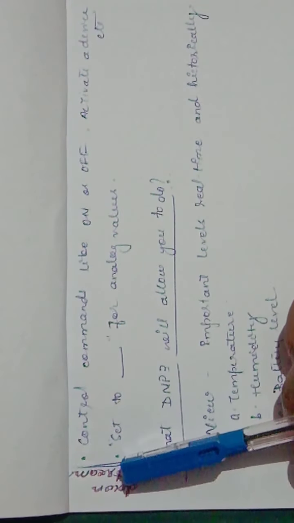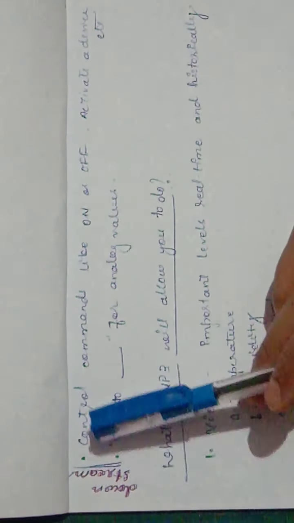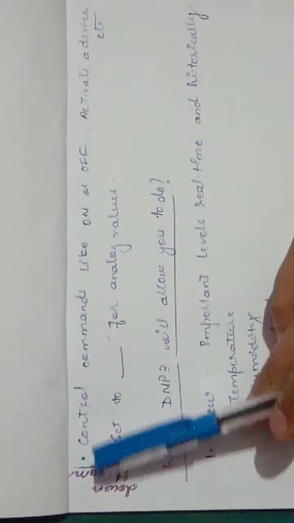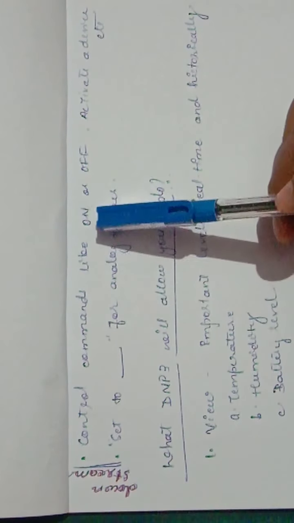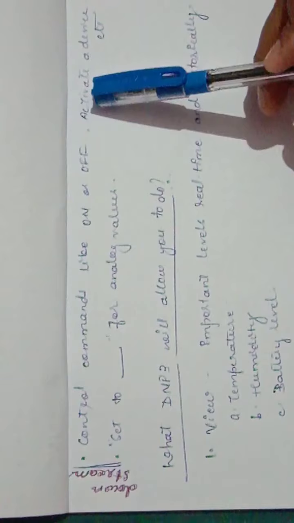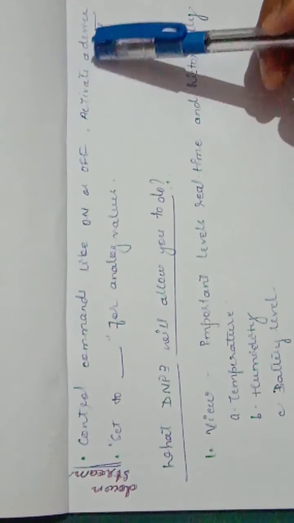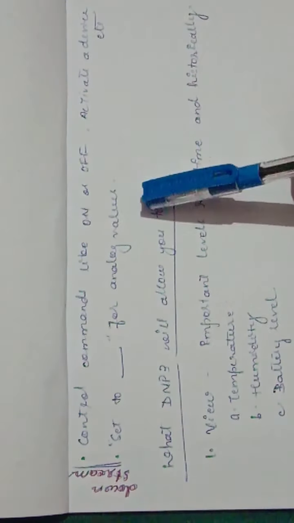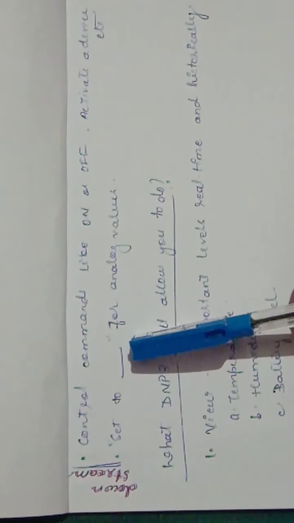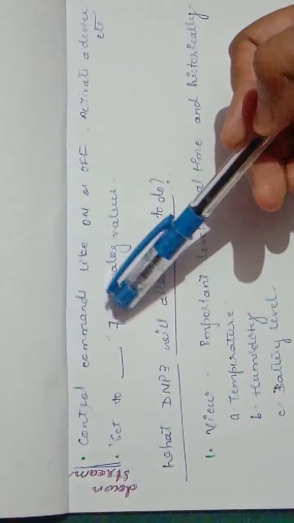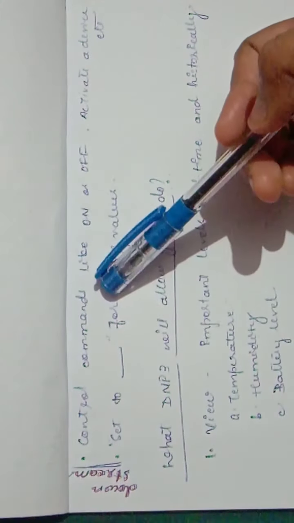Next is the downstream data. That is what comes from the master to the outstations. So you can have control commands like turning a particular sensor on or off, or commands like activating a particular device, etc. Or you can set some values, like if I have to set a temperature to something, I can tell it to set to this, for any analog values. So these kinds of commands are the data that is moving downstream from masters to the outstations.